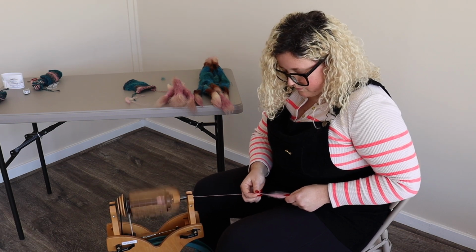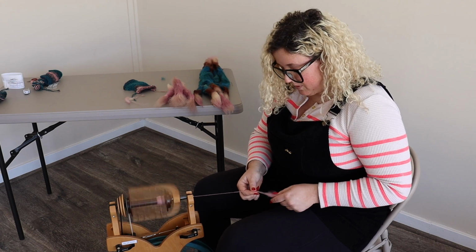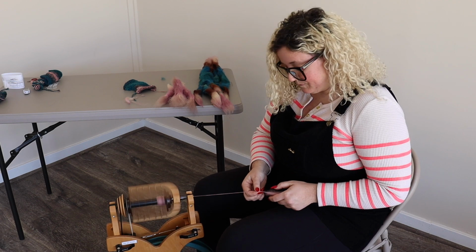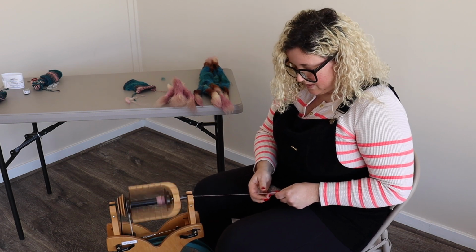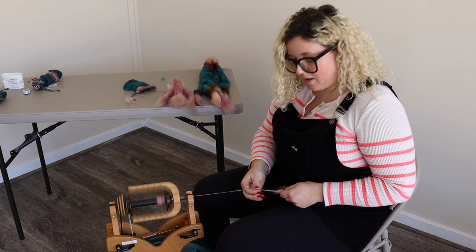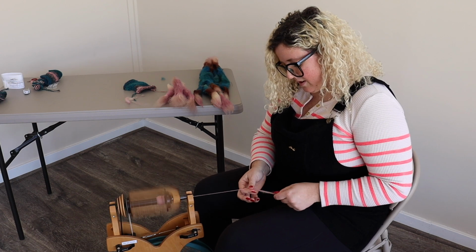So you can see that, you know, these chunks of fiber are pretty big. So these color stripes are going to be quite big. So because we still have 4 more of these to go. So if you're someone who likes more frequent color change when they're spinning, keeps it more interesting, you know, gradient spinning is not necessarily as